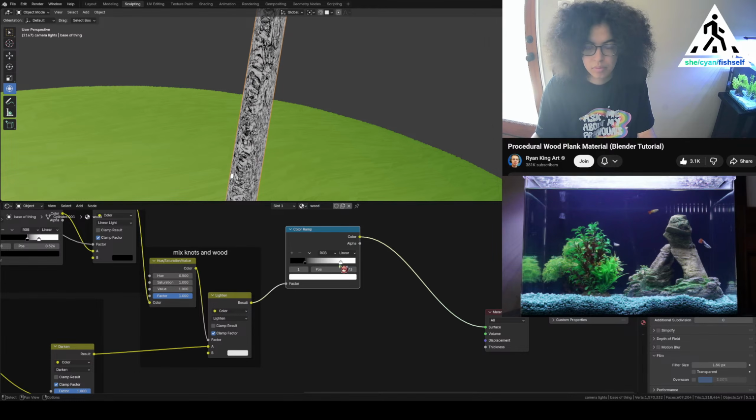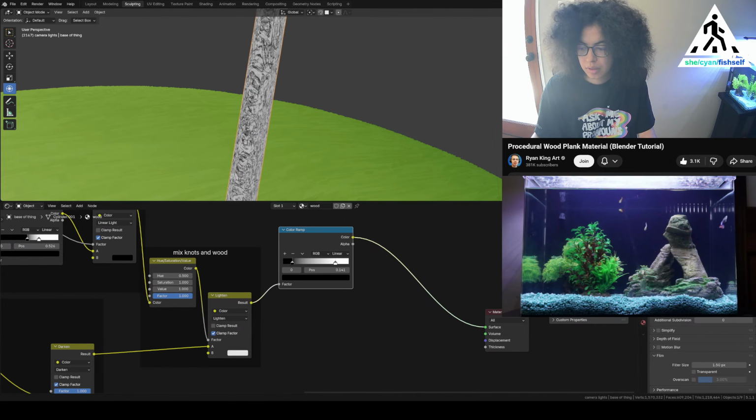So now I want to add the colors, and I want the colors to be customizable. So instead of just changing these two colors to make the color of the wood, I'm going to go to the add menu and I'm going to search for the mix color. So we'll drop the mix color after the color ramp,